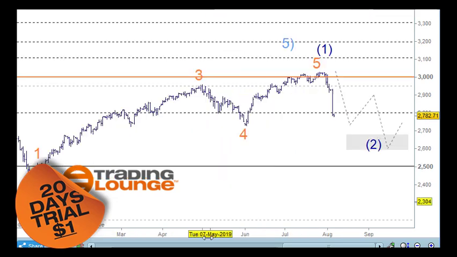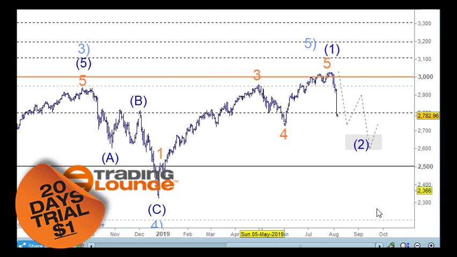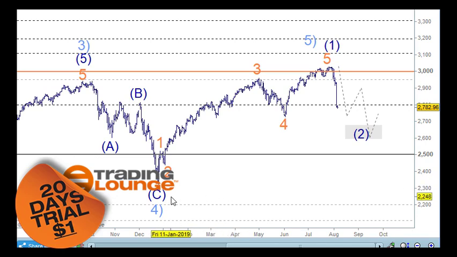if we just go to the daily chart now and pick this up, this is a count that I've had for a long time, and I've always liked this, using wave 1 here and wave 2 here, and then looking at wave 5 moving up here, wave 3 up here and wave 4, because wave 4 pulls back 38.2% roughly as wave 4, and then the 5 waves up here. So this is a good count. I just don't know if it's wave 5 or wave 1,